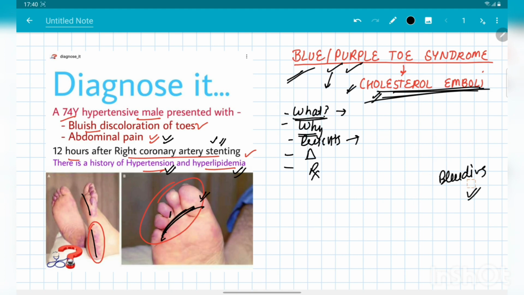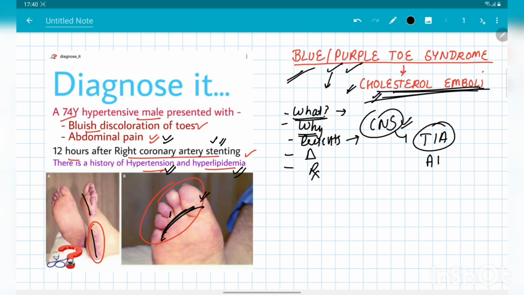In the next part, now let's discuss the manifestations in the CNS. In the CNS, the symptoms are like transient ischemic attack kind of symptoms, and also amaurosis fugax, like this transient loss of vision for some time. This amaurosis fugax can be due to both the transient ischemic attack and also due to the Hollenhorst plaque, that are cholesterol crystals that, when dislodged in the small arteries of the retina, may lead to development of amaurosis fugax.